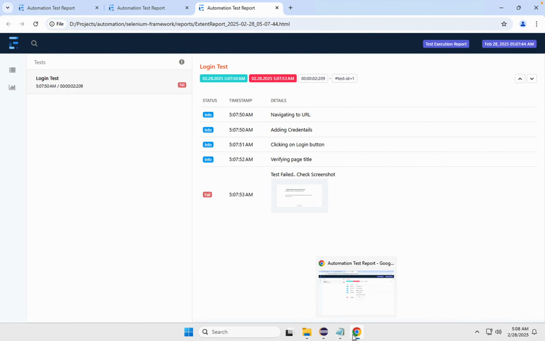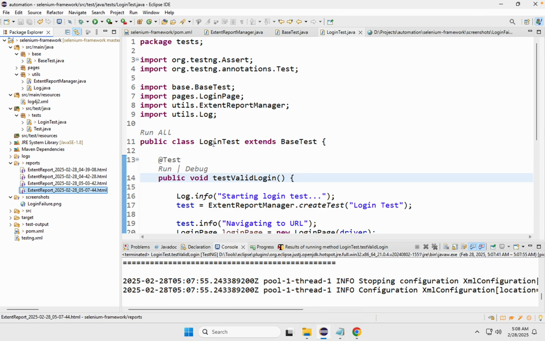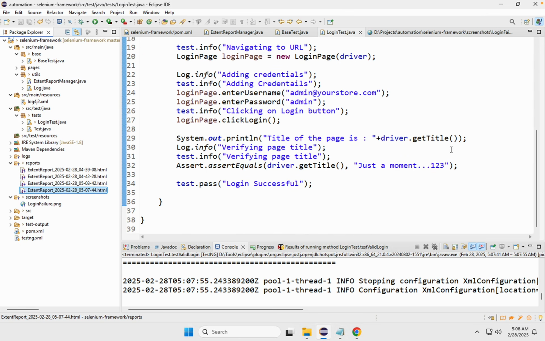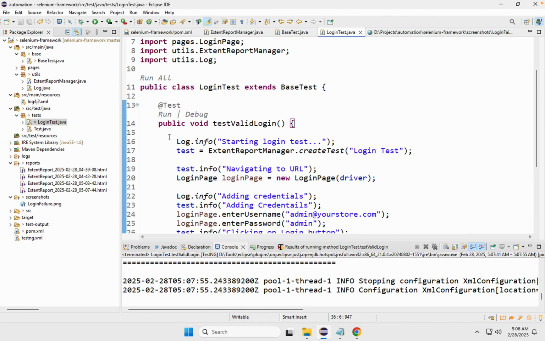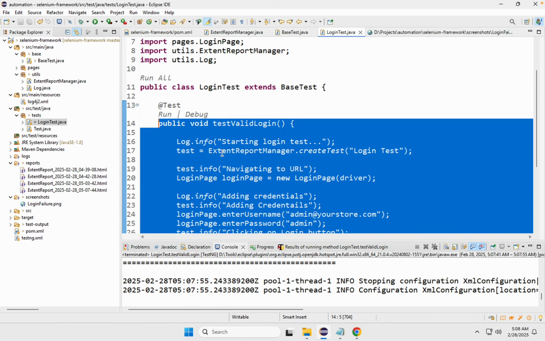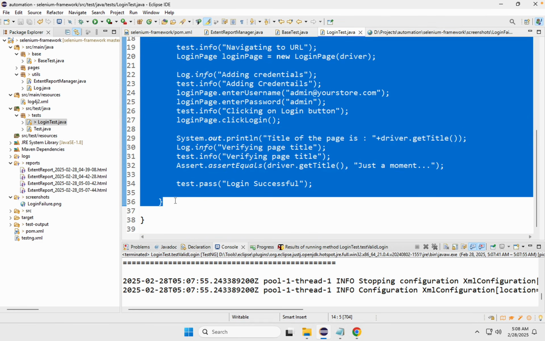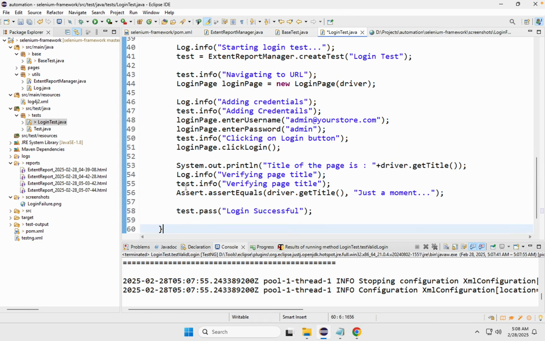So let me show you. I will just go and in my test I will revert it to the earlier state so that it passes. So this should pass, and now I am just going to copy this test. Okay, I'm going to copy this function and add it again here so that we have a new test generated,